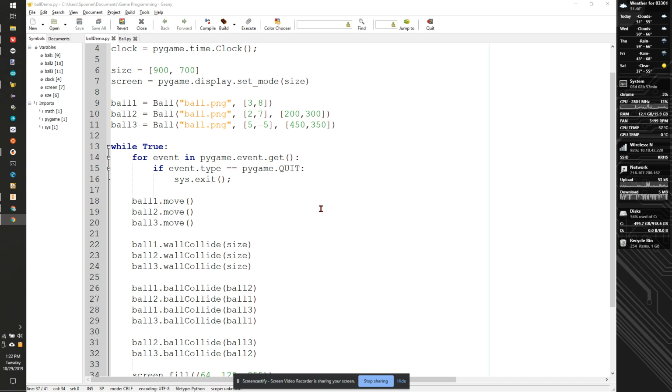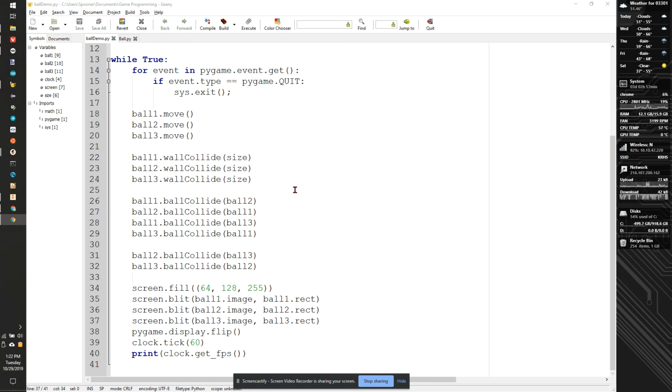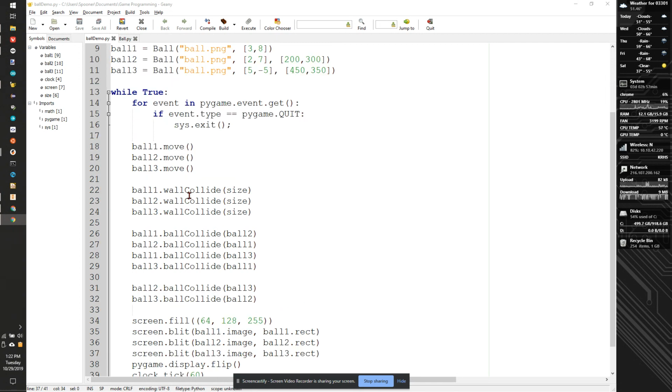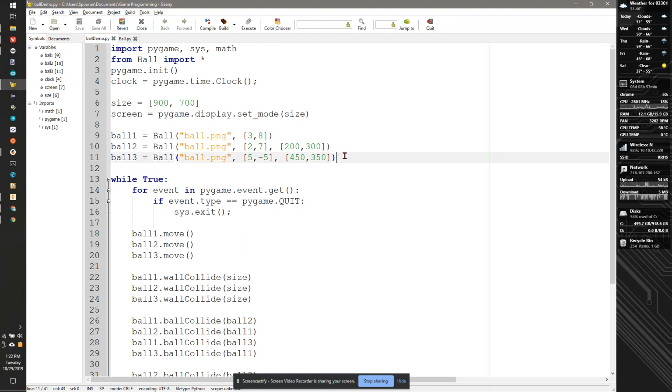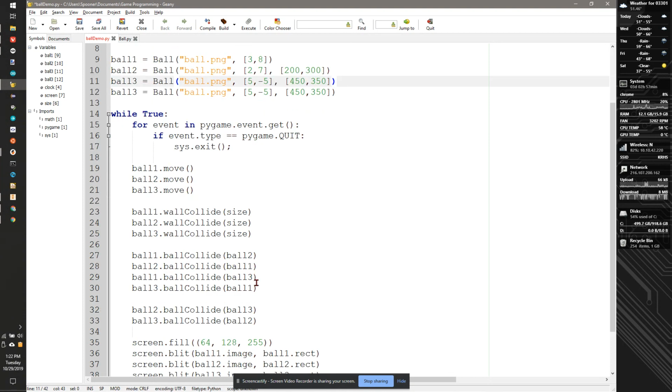So now that we have the ball demo working and we add more balls, as we add balls, you'll notice that, again, the code size starts to creep up. Initially, it's not too bad. We only have 2, then 1. If we add a 4th ball, we're going to have